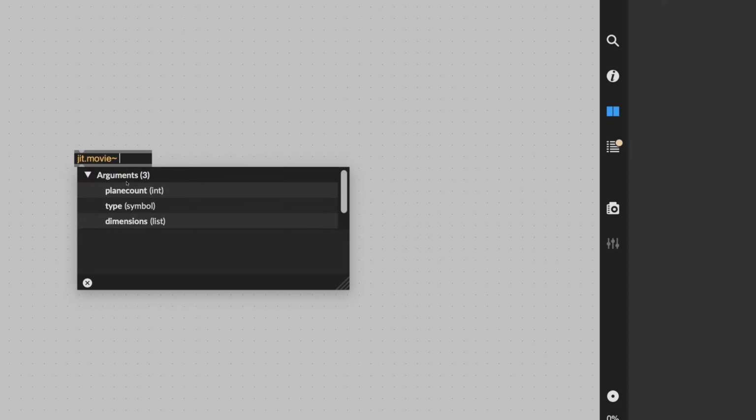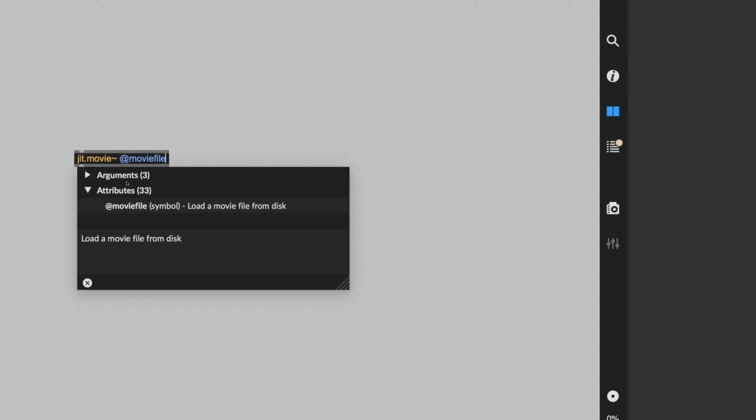Since we love learning stuff, let's try out the attribute object on this. In jit.movie, we could load a movie into it, but what we'll do here is type the attribute, which, and then we'll type moviefile, and that will tell it to go get a movie file,